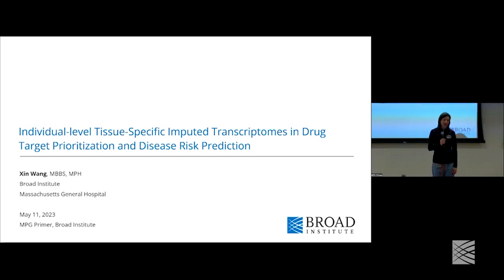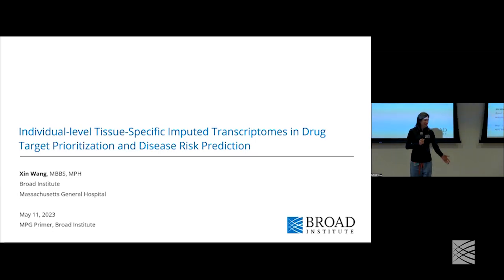Xin Wang got her MPH from the University of Michigan, and since then has come to work here between the Broad Institute and MGH, where she's really led and participated in a huge number of different projects, including what she'll tell us today, which has been an analysis that integrates disease risk prediction and thoughts about how to best target the mechanisms of the underlying disease. She's also done a lot of work on both rare and common variants in large biobank cohorts. And very excitingly, she will be starting her PhD at the Sanger Institute this fall. So we thank her for taking the time to give this presentation at the end of her tenure here.